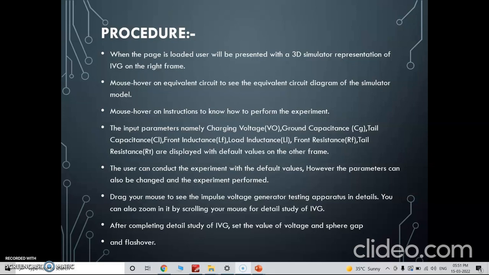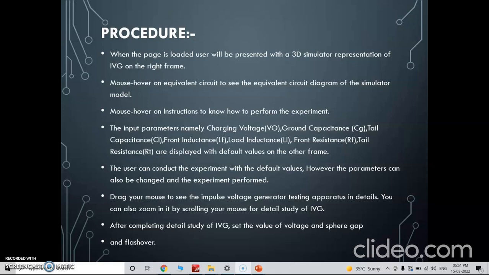Then we can also zoom in by scrolling the mouse for a detailed study of the IVG, because on that virtual website we have so many points and so many clicks. Then we just scroll the mouse and find so many detailed studies about the impulse voltage generators. So after completing the detailed study of the IVG, we set the value of voltage and sphere gap according